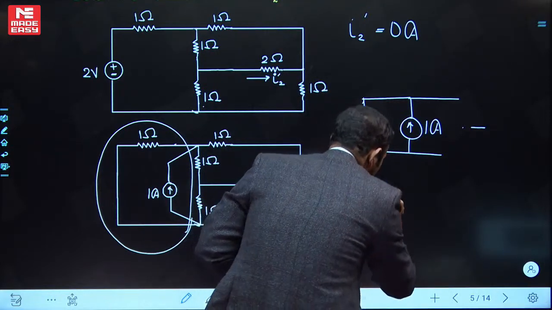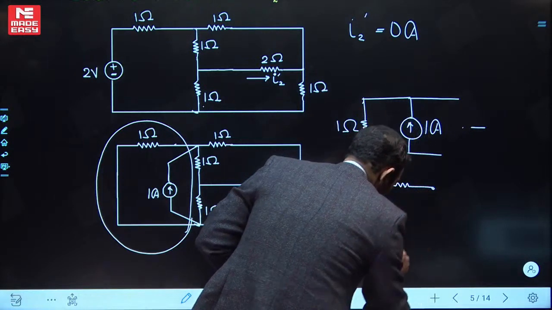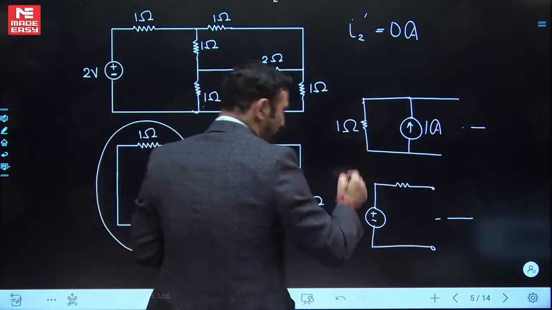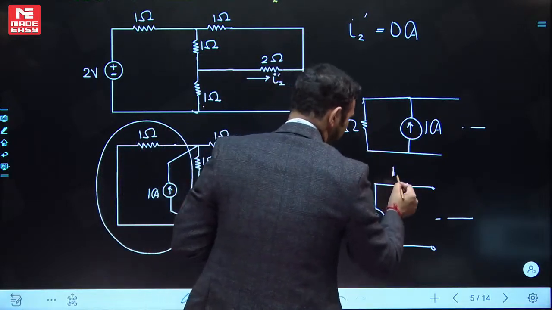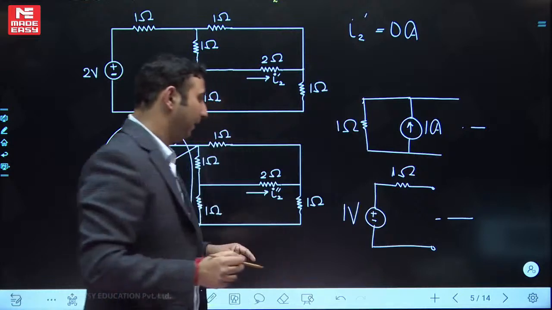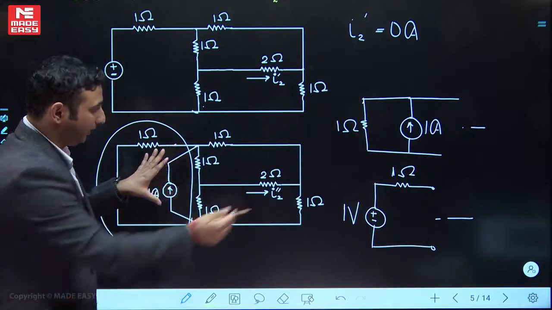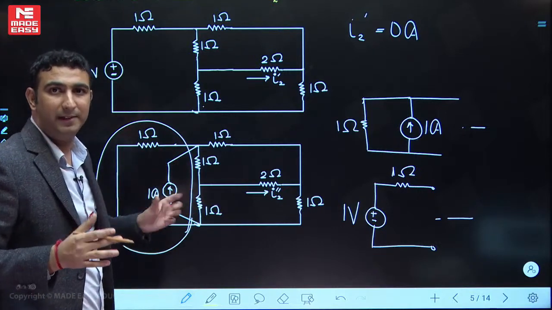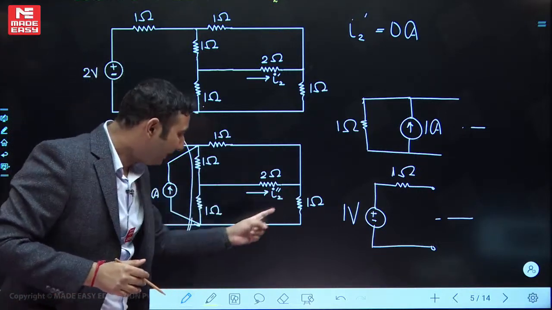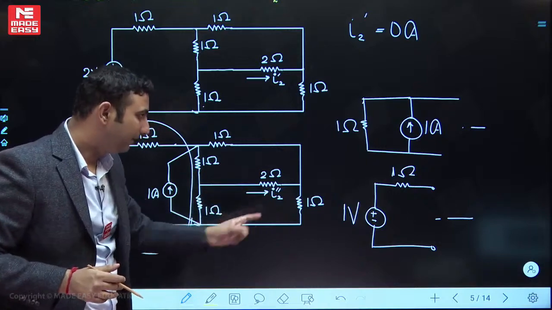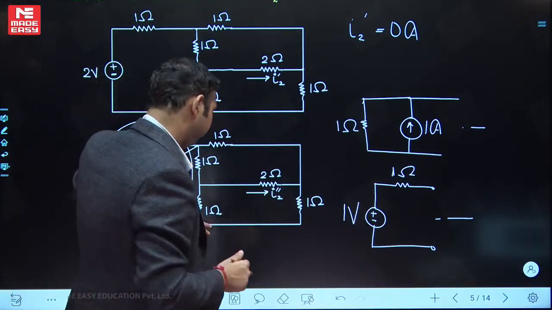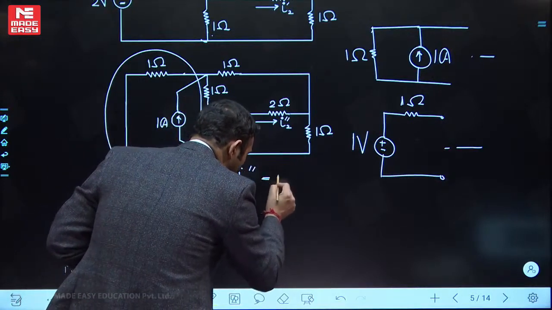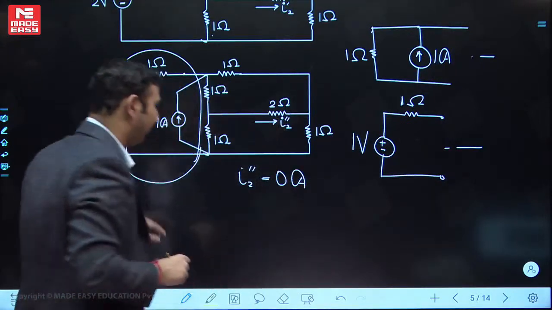Now we can go for source transformation, and when I go for source transformation, it will be changed into a voltage source connected in series with a resistor. फिर बचा हुआ नेटवर्क आगे 1 into 1, 1 volt, resistor will be 1 ohm. तो अब देखो, अब ये यहाँ लगा होता अगर, अब तो वो सेम वैसे ही बन गया ना, voltage source and resistor. So I hope now you can understand it's a bridge. Again it's a balanced bridge. Current I2 double dash will be 0. So let me write it over here, I2 double dash, this will also be 0 ampere.